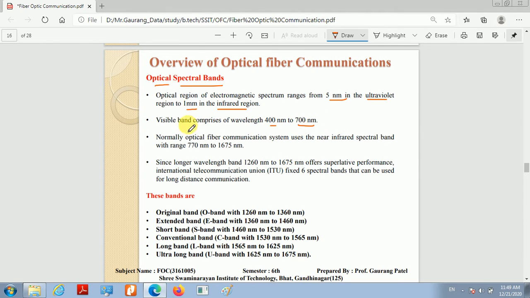If we look at the electromagnetic spectrum, the optical fiber communication system uses the near infrared spectral band with a range from 770 nanometer to 1675 nanometer. This wavelength range is used in optical fiber communication. In this range also, the longer wavelength band, which is 1260 nanometer to 1675 nanometer, offers superlative performance. Hence, ITU, which stands for International Telecommunication Union, has fixed 6 spectral bands that can be used for long distance